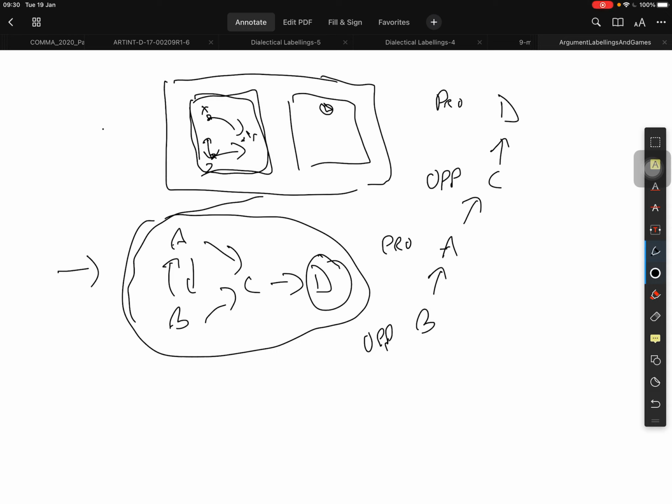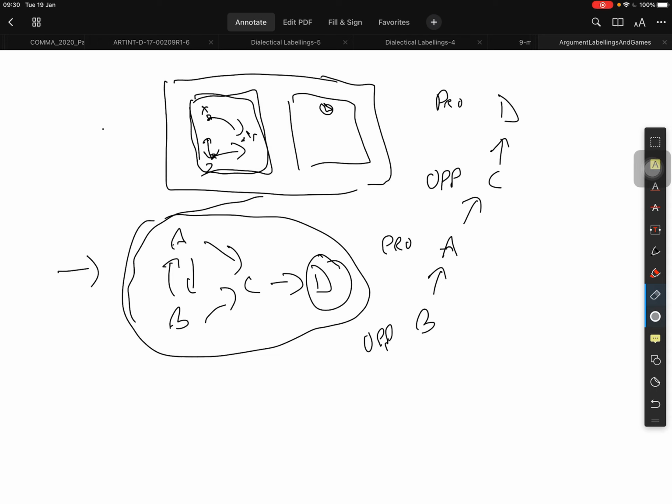So proponent has moved A, opponent has moved B. Now looking at the framework, potentially proponent could move A again, right? But in the grounded game, the proponent cannot repeat. So it's the flip of the preferred game. That move is not allowed. Now, a feature that I didn't illustrate in the preferred game, I'm now going to illustrate in the grounded game, and this feature applies whether you play the preferred or the grounded game,